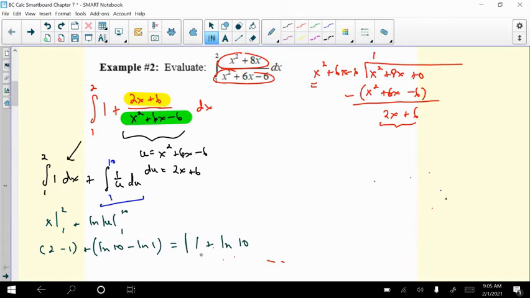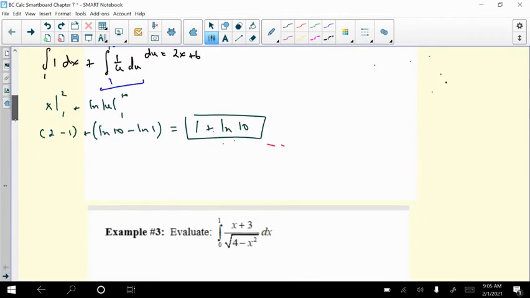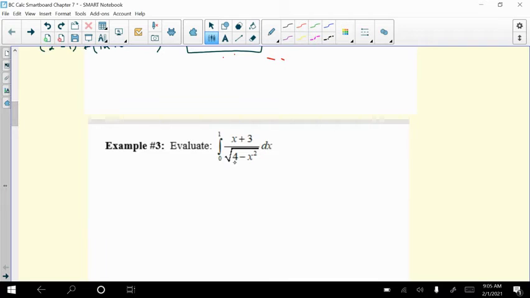so then we get 1 plus the natural log of 10. Okay, now example 3. If you try to do a u substitution, I'm noticing that this is quadratic and this is linear. Remember, this should be sort of like your first line of defense, your first technique. You get negative 2x. So even though I could move this, negative 1/2 du is equal to x dx,